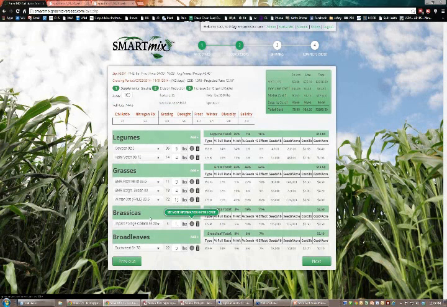Again, if this is all warm season things, I'd probably want to see it down closer to 125 because they'll be a little more competitive with each other. But when I mix warm season and cool season things together, they're not all actively growing at the same time, so I've got a little bit more room to put more seed in there.